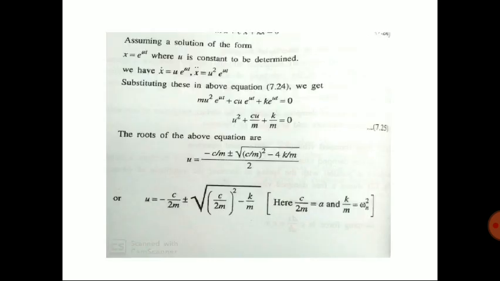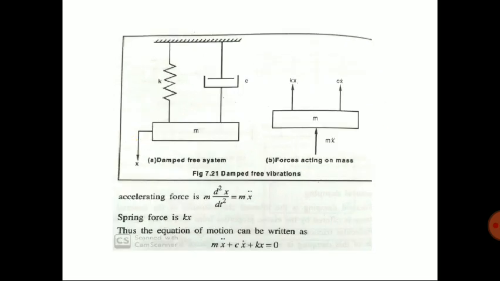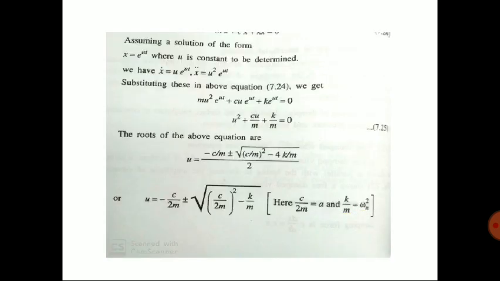Next we are finding a solution to this equation. And how to find a solution? You can see here it is of the form d square x by dt square plus dx by dt plus x equal to 0. So for that equation we already know the standard solution for a differential equation.